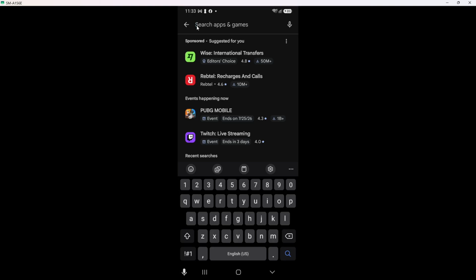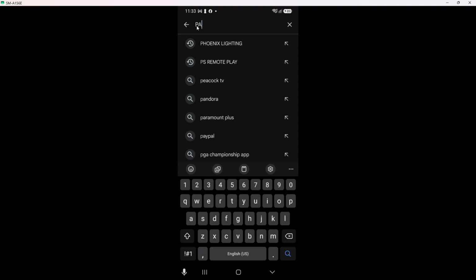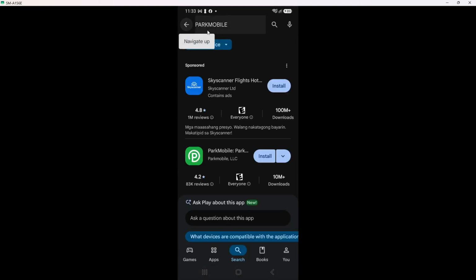Now type Park Mobile Tokens name Park Pay Go into the search bar. As you type, suggestions may appear below the bar. This can help you select the right app quickly. Make sure to double-check your spelling, as there might be similar apps with different names. This is crucial because selecting the wrong app could lead to confusion or downloading an app that does not meet your needs. After typing, press the search button on your keyboard.